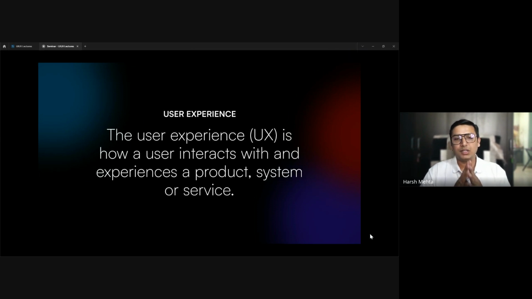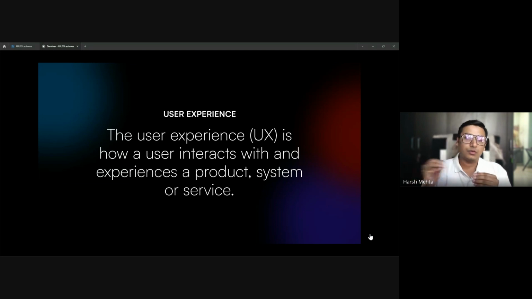quote कि a user experience is how a user interacts with the experience, correct? How it interacts with and experiences a product, system or service. So कोई भी हो, कोई एक वेब ऐप भी हो, लेकिन अगर उसमें मान लो कुछ चीज लोड हो रही है, अगर मैं लोडिंग का साइन ना दूं, इट्स अ बैड एक्सपीरियंस. या फॉर दैट मैटर अगर उसमें ज्यादा टाइम लग रहा है लोड होने में, दैट इटसेल्फ इज अ बैड एक्सपीरियंस.